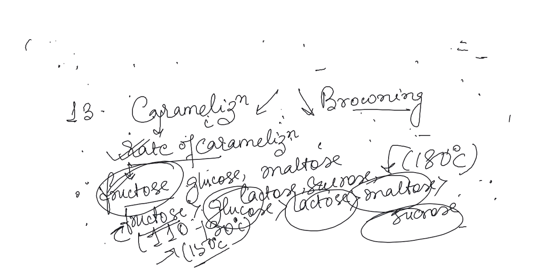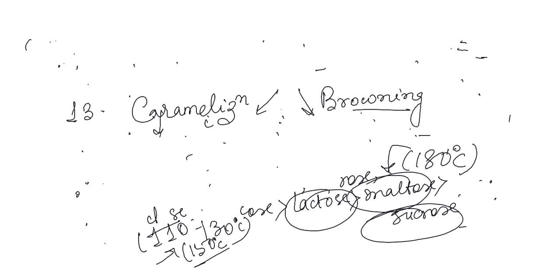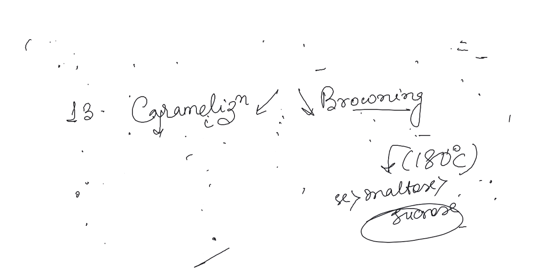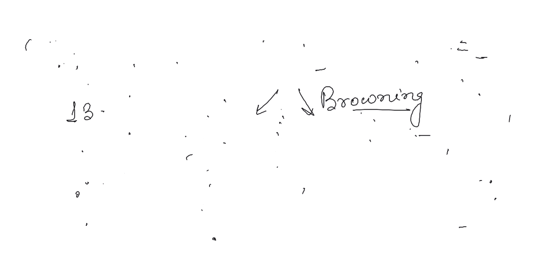So in that case, what all you will know? What is caramelization? What is the rate of caramelization, in order, if you want to keep? What are the temperatures, mainly for fructose, for maltose? So that part you can refer. Okay. Then what is browning? Browning will be of two types, enzymatic and non-enzymatic. Maillard reaction, caramelization, that one comes, and another one is with the enzymatic. Based on that, we have one question here.